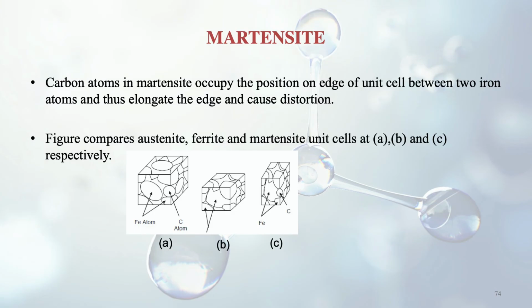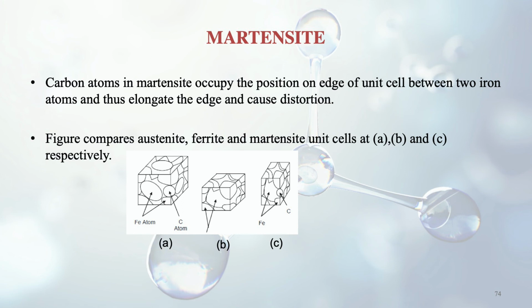So here we can see some figures where the structures of austenite, ferrite and martensite are given. So the first one is the austenite. It is FCC, where the carbon atom is in the faces of all the sides, so it is face centered cubic. The second one is the ferrite, which is nearby to BCC, body centered cubic, and the third one is